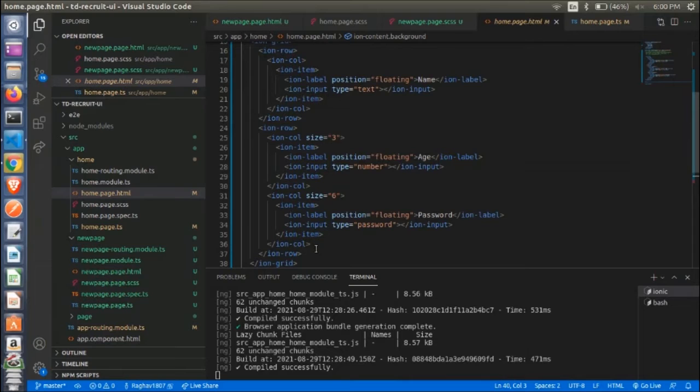Yeah, okay, 1 minute. No, it's not saying anything. Can I show you the code? Yes, you can share your screen.